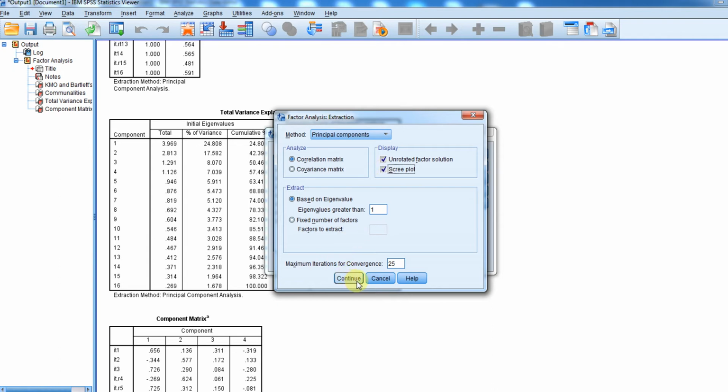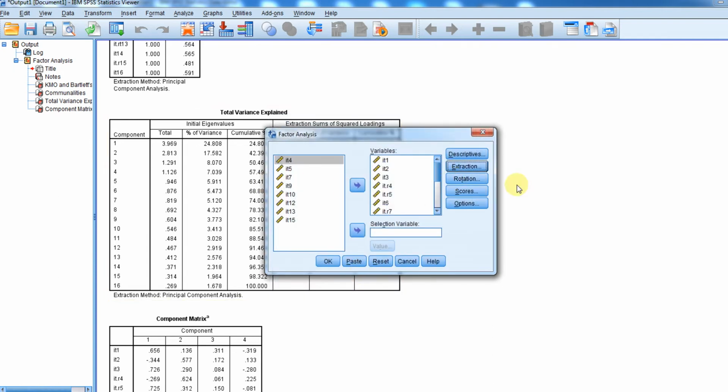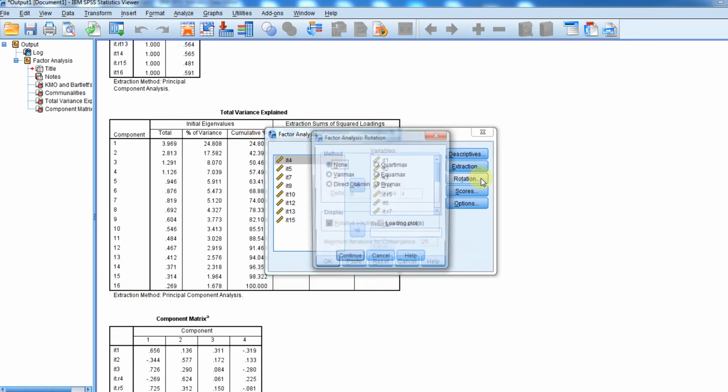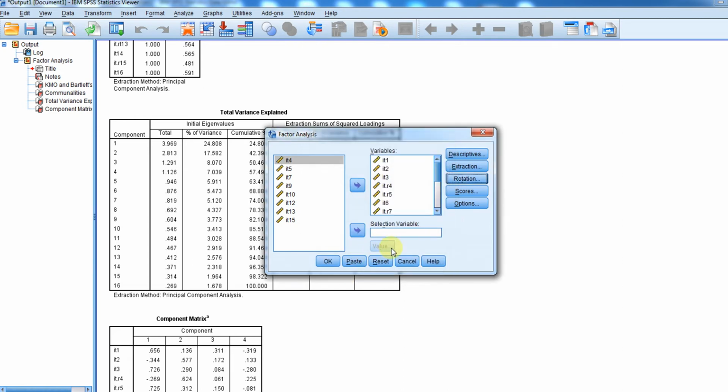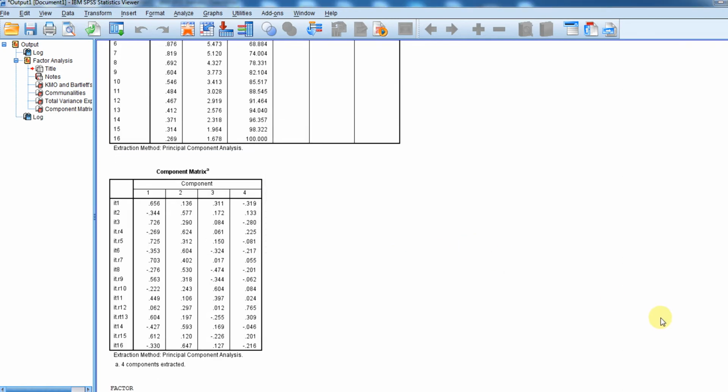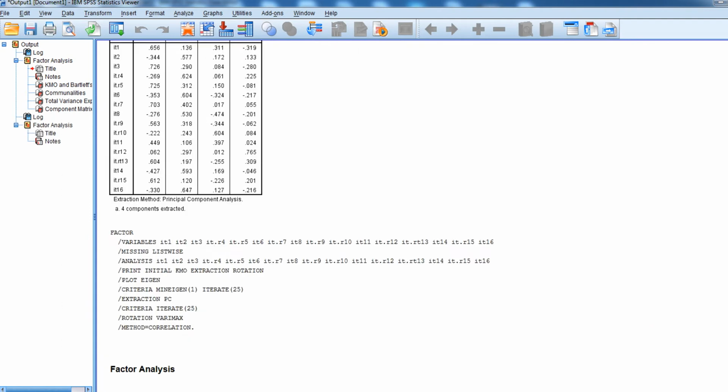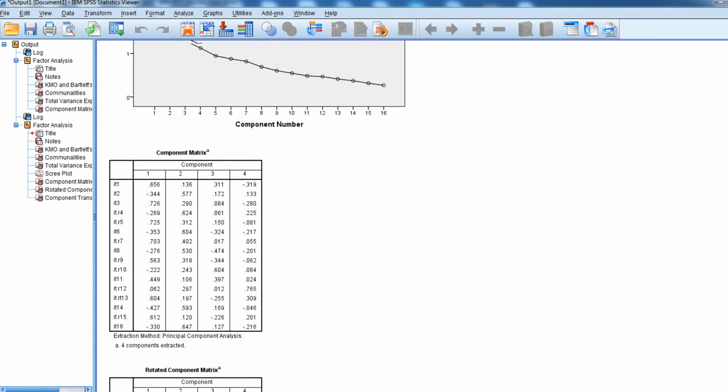Commonly, following the extraction process and deciding on how many to retain, we would rotate the data in order to facilitate interpretation. And a common rotation strategy is Varimax. So I'm going to go ahead and click on that for right now, and then click on continue, and then OK. So what you'll see when we've run the analysis, we're just going to move down to